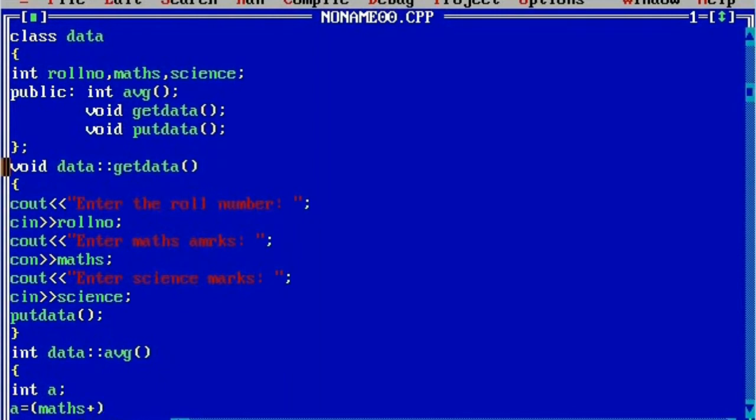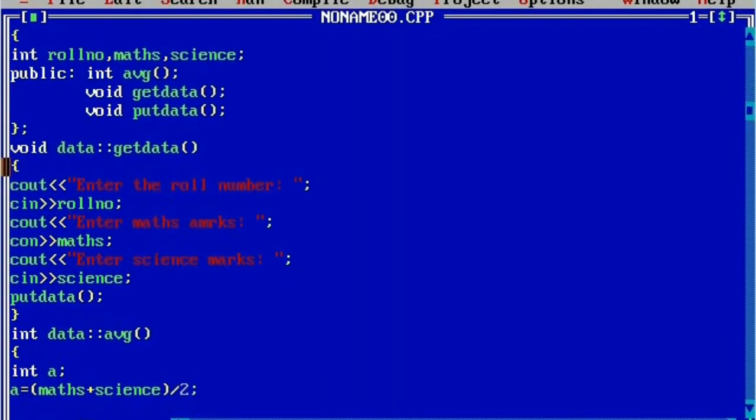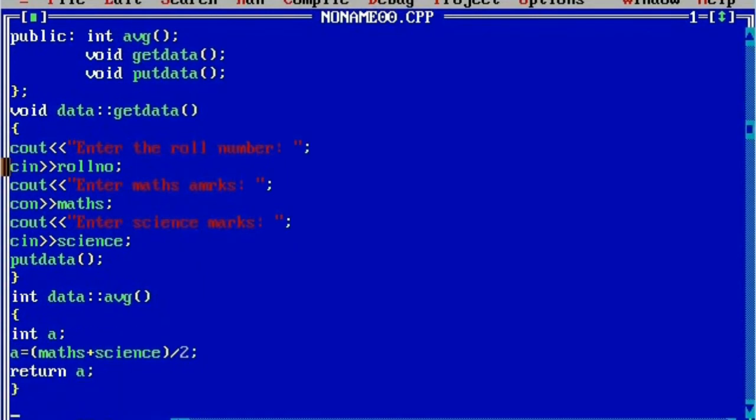So maths plus science whole divided by 2, so that gives me average of these 2 marks, and it is initialized to the local variable a. Now we are going to return value back because the return type of this average function is integer. So that's the reason we have to return the value stored in a. Now put curly closing brace.